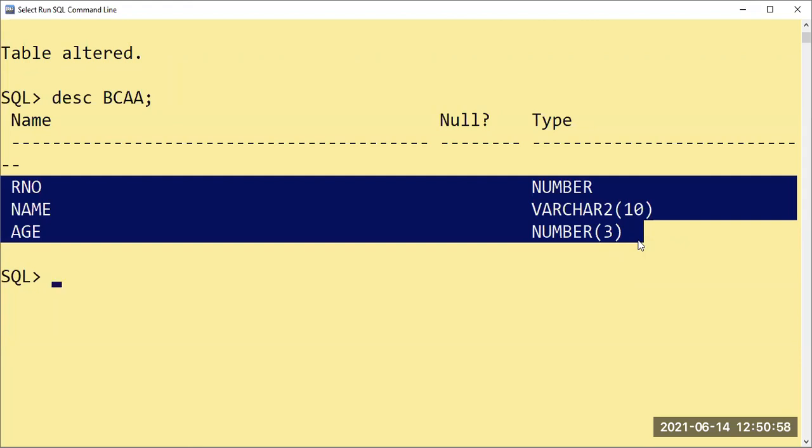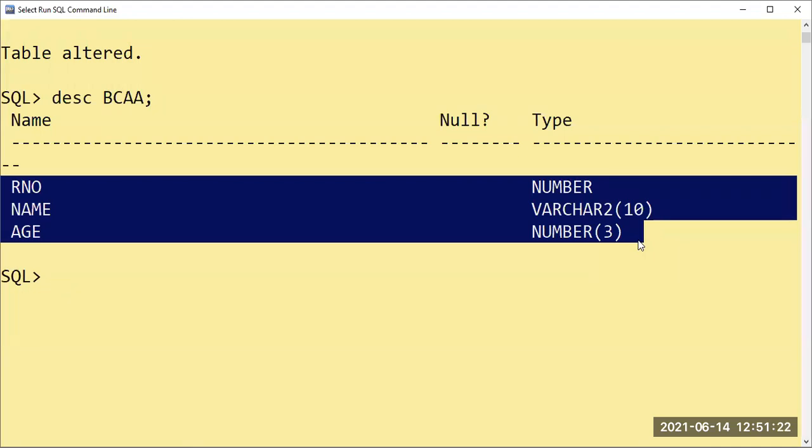There are two ways. I'll give you the situation. You have created the table and you have inserted the records also, and after that you come to know that you have forgotten to add one more column. At that time also you can add the column, and after that you can insert the record.